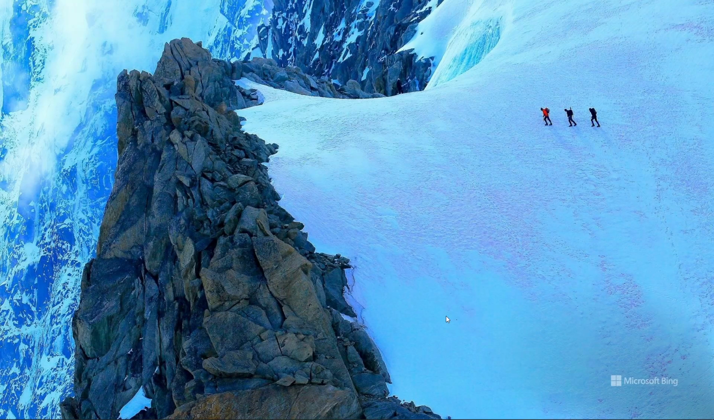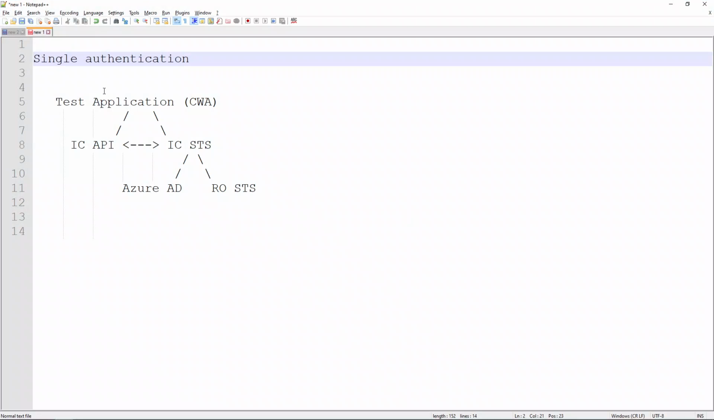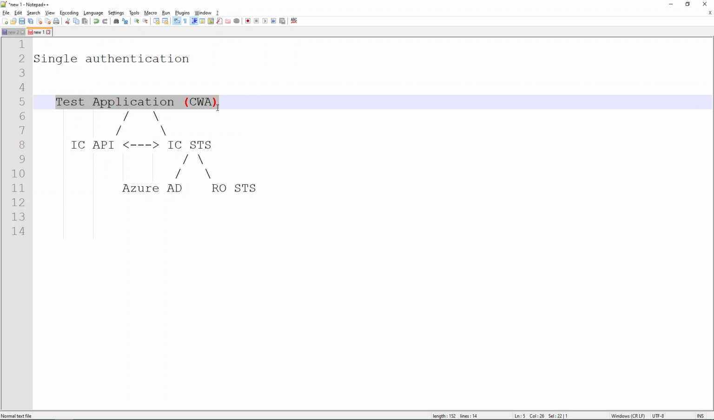Hello, I'm going to show you ImagineCare single authentication implemented together with Sigma and Region Ostfriesland. In scope of this demo, I'm going to show you a test application which will be a clinical application in future. This test application is connected with